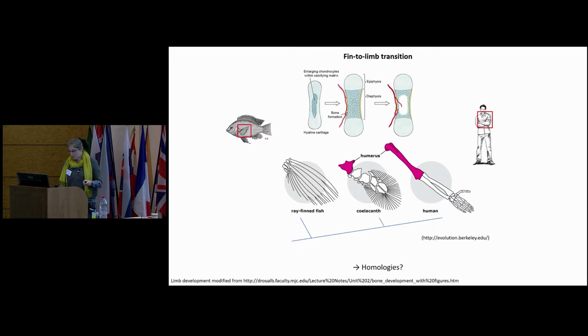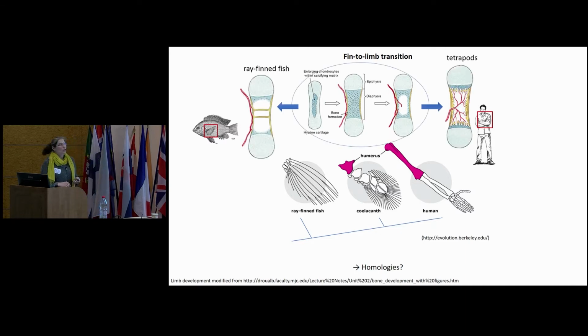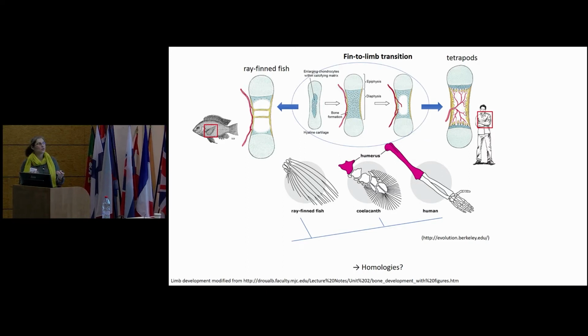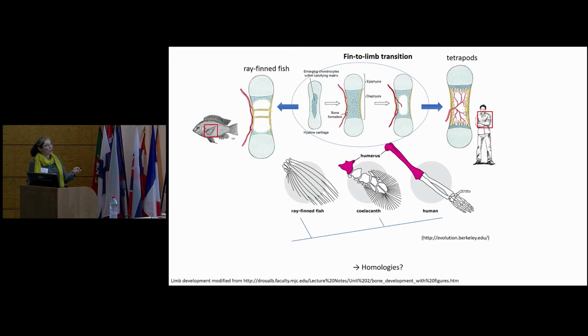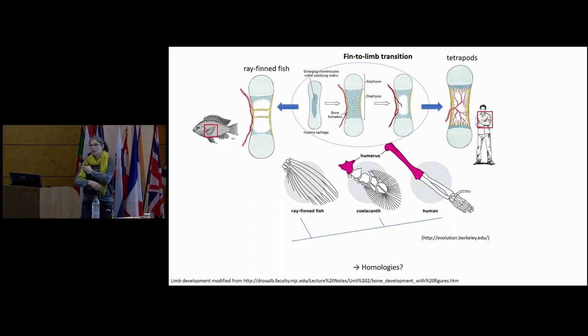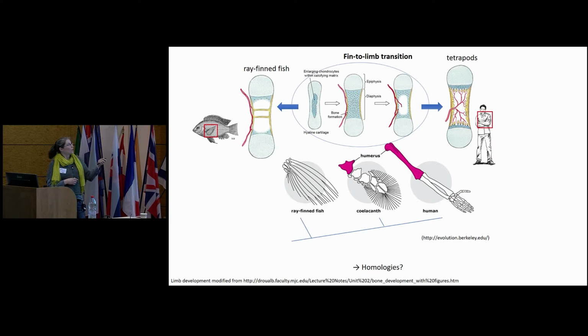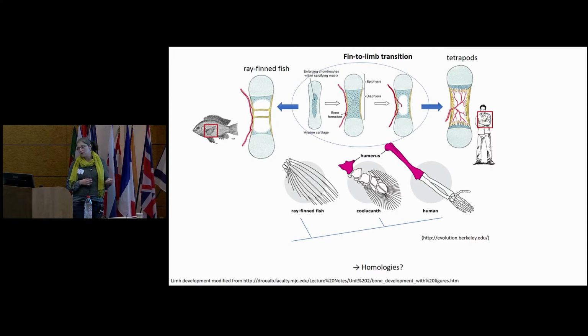But afterwards in the development, you have the ossification inside the bone through a very specific process in the bone of the tetrapod, like humans, which is not as complex and developed in the ray finfish. So already, if you look at a long bone in a ray finfish and in a tetrapod, you will see some differences. The thing is that we don't know how this evolved. Did it evolve here or here? This is what we will try to investigate together today.